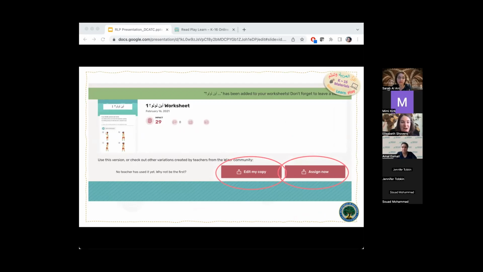So you can assign it out exactly as it is, but alternatively, you can edit it. So maybe you want to remove one of the questions, or you want to add your own question, or you want to change the language slightly and how something is written because you teach it a little bit differently. You can do that with the Edit My Copy option. So that is honestly the reason we really liked this resource, is because, like we said at the beginning, we really wanted this to be something that teachers could use how they needed to use it. So we liked that edit